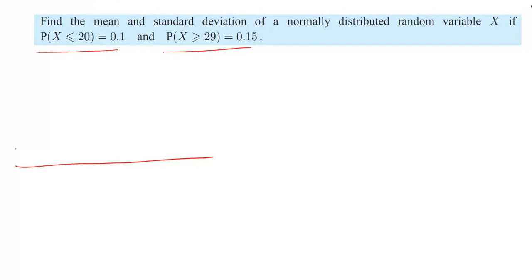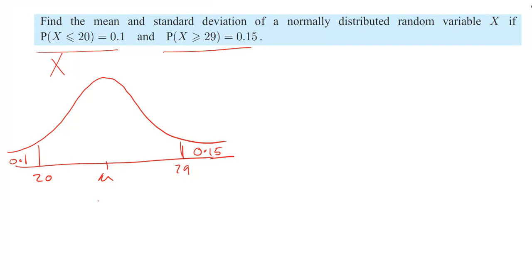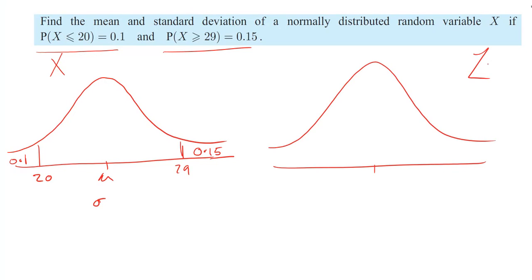So same as last time, let's do some modeling. Let's think about our x, and we are told that less than 20 has a probability of 0.1 and greater than 29 has a probability of 0.15. Okay, so that is what we know. We have an unknown mean, unknown standard deviation. Then think of the equivalent on our z distribution,